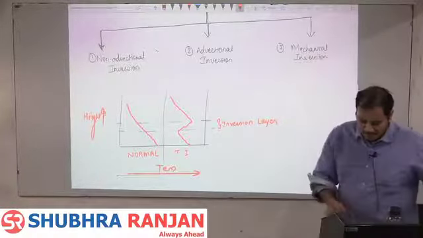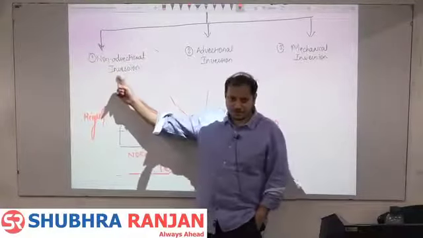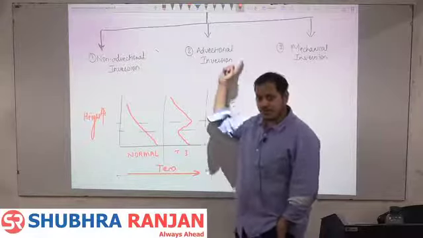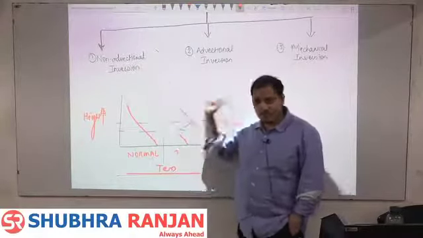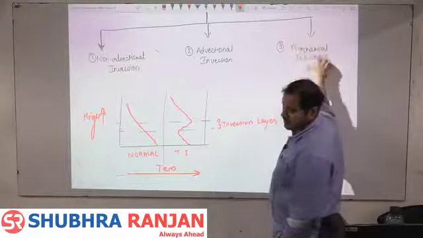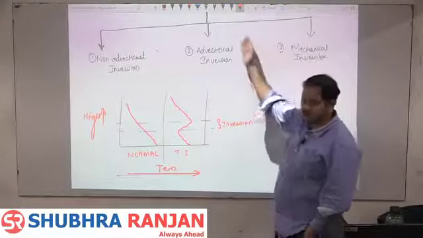Understood? Basically, there are three types of temperature inversion. One is non-advectional, no movement of air. One is advectional, naturally there is a movement of air. Third is forced, which we will call mechanical inversion. Fine? So the three types of temperature inversion are